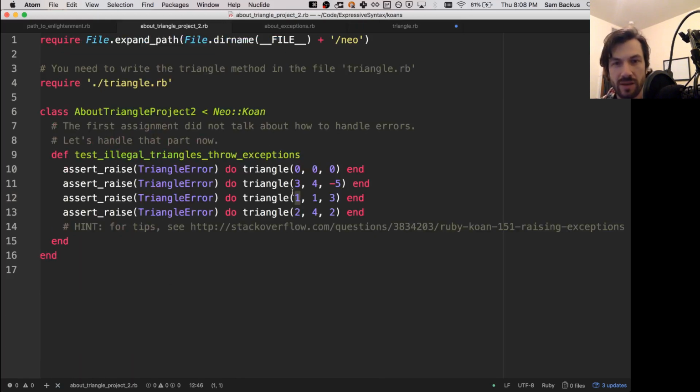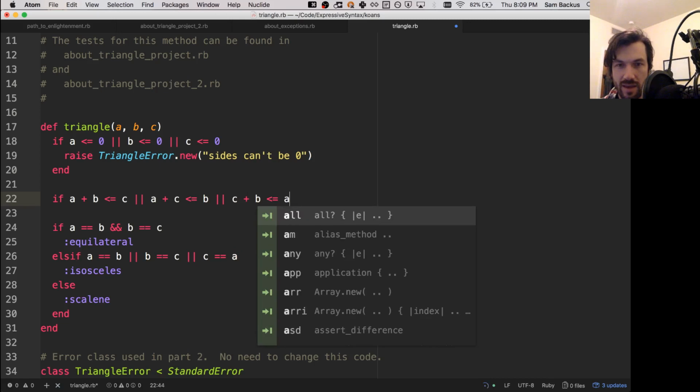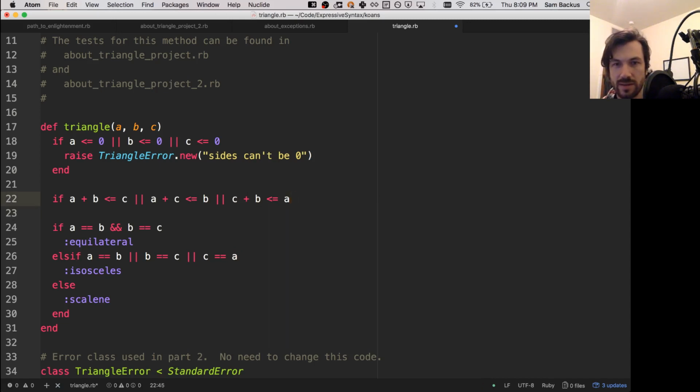So what is the situation that we're handling? Right. A plus B is less than C. If A plus B is less than C, or, actually this should be less than or equal to, or A plus C is less than or equal to B, or what combination did I not get? C plus B. C plus B are less than or equal to A. Then we want to do this raise an exception